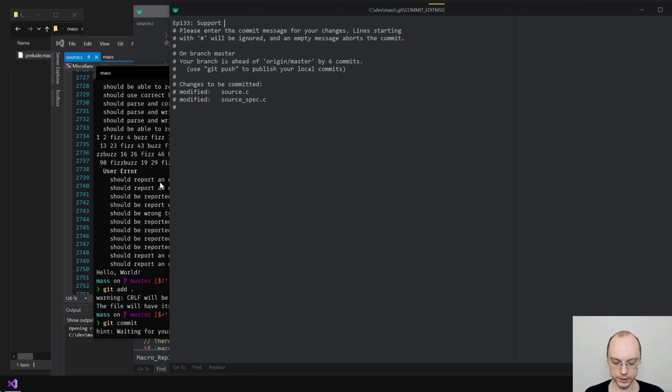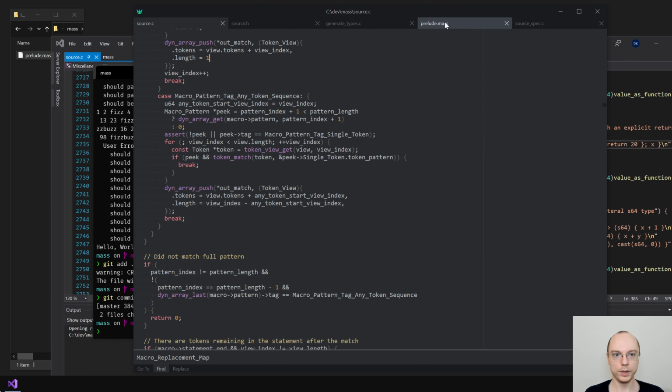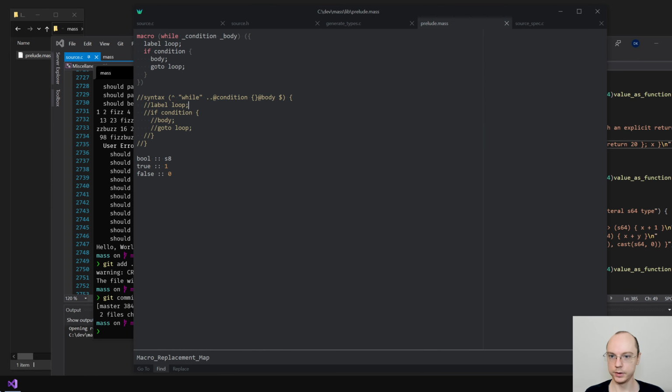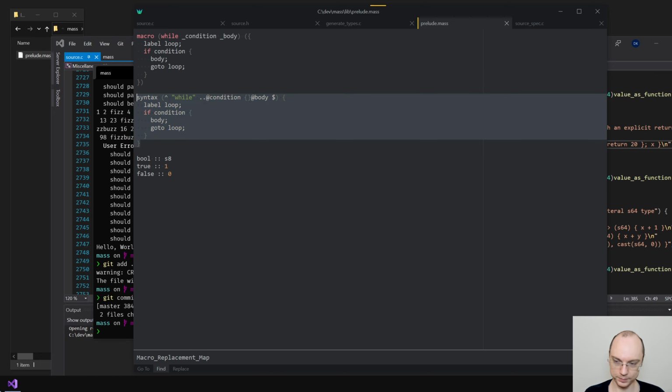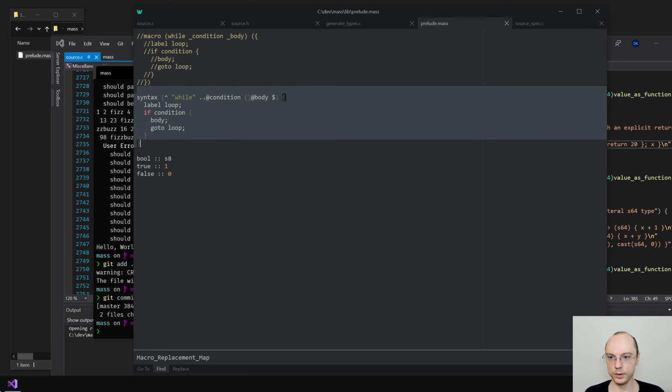So, support any token match in the middle of the expression. And now we are actually ready to try out this stuff. Let's see if it will work. So we remove this and we leave it here.